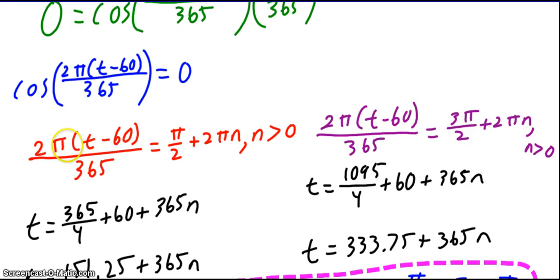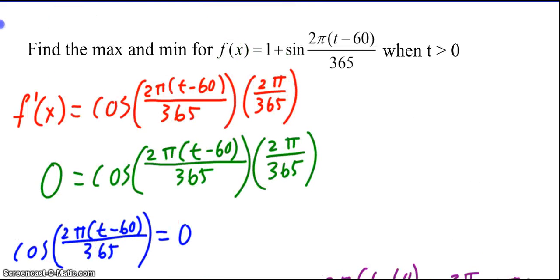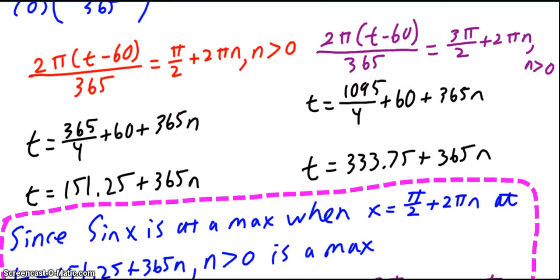So I can set 2 pi times t minus 60 over 365 to pi halves plus 2 pi n when n is greater than 0, and 2 pi times t minus 60 over 365 to 3 pi halves plus 2 pi n when n is greater than 0. Again, the only reason why I'm writing n is greater than 0 is because that was stated in the problem, that t needs to be greater than 0. So in order for t to be greater than 0, in this case n has to be greater than 0,